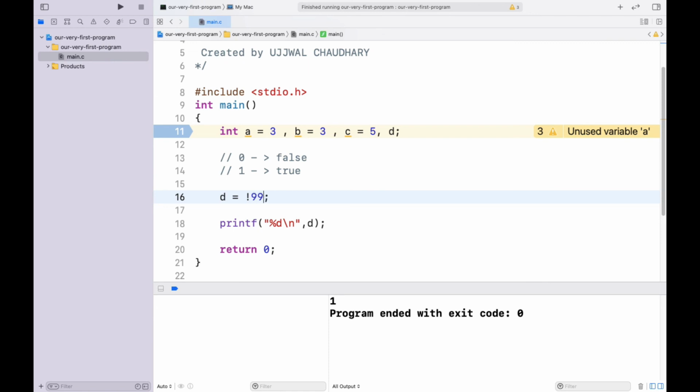Any number other than 0 is considered true. Even negative numbers are considered true. You can see the answer we are receiving here is 0, which is the negation. So numbers except 0 are true, and only 0 is considered false.